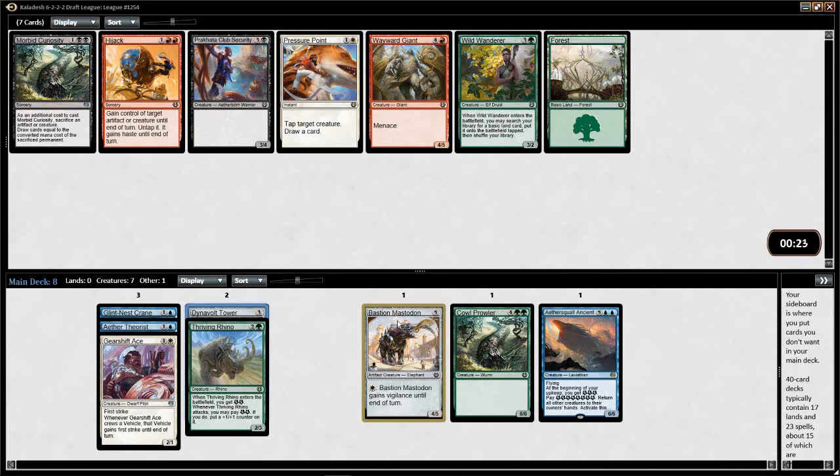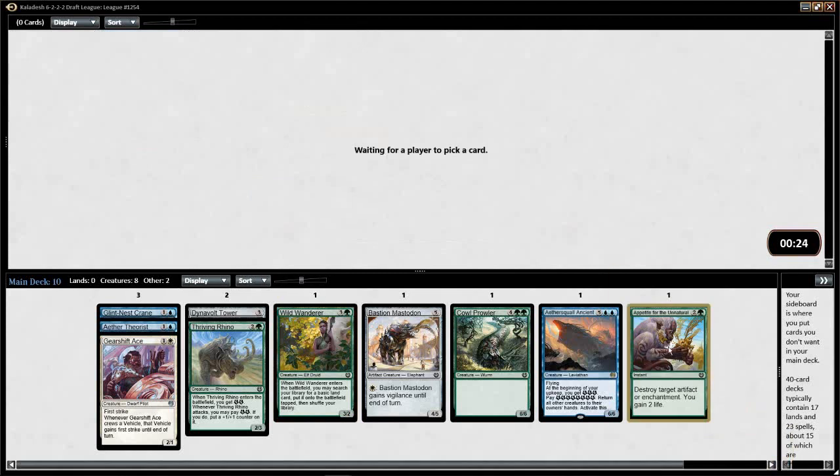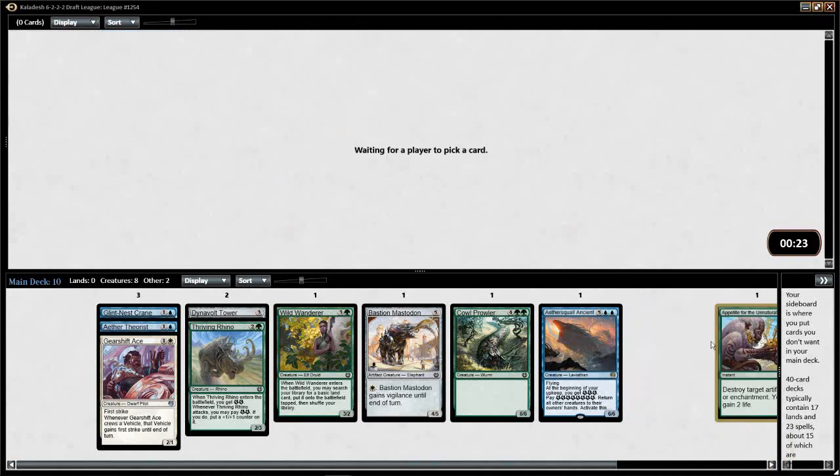I mean, Wild Wanderer is a card I like more than Pressure Point, for sure. This is a great card. This isn't bad either, but Appetite for the Unnatural is great. Certainly main deckable. When your opponent plays their creature, taps to create their Renegade Freighter, and they come in with